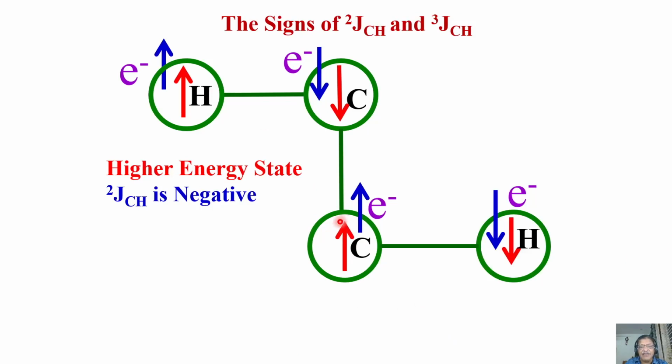Remember, same way, now this is a parallel orientation with respect to this one. Electron orients in such a way it gets a stable configuration. Again, we say Pauli pairing, and this forces this to be opposite with respect to this. So that means when you consider 3 bond CH coupling, the orientation of the magnetic moment of this proton and the proton which is 3 bonds away, they are anti-parallel to each other. They are opposite to each other. They are not orienting in the same direction.